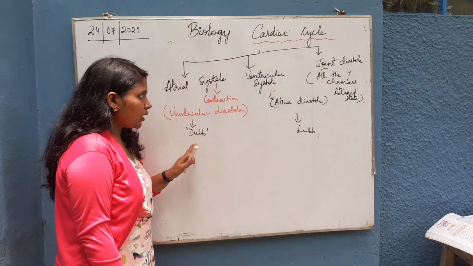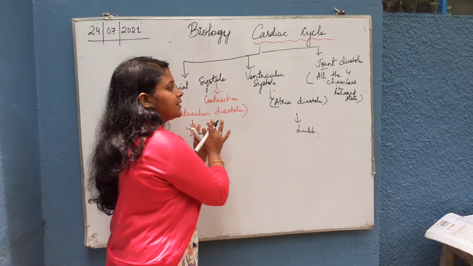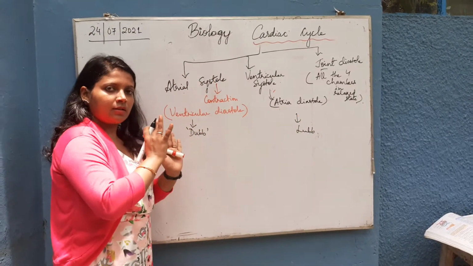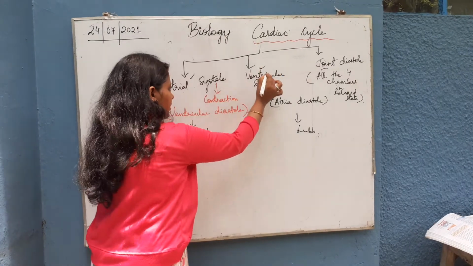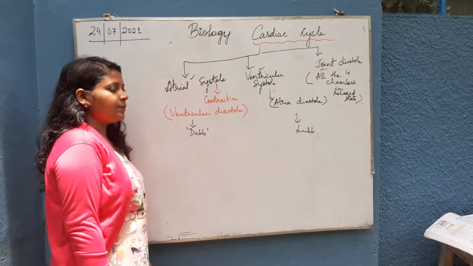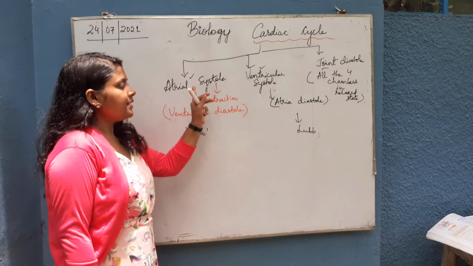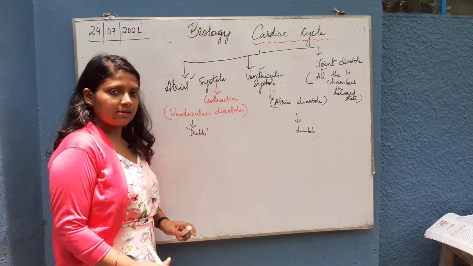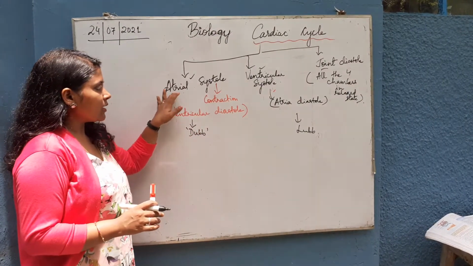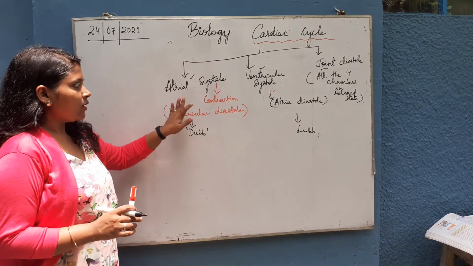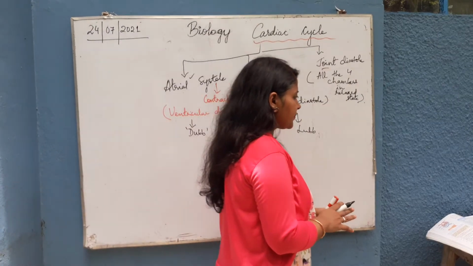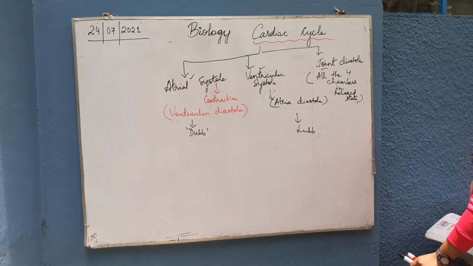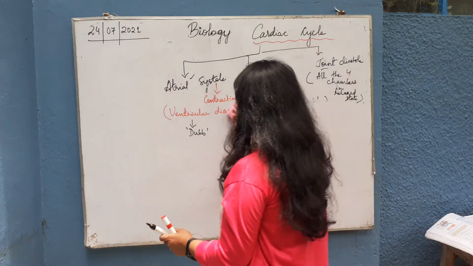So what is the cardiac cycle? All these three stages take place in the cardiac cycle. The main stages are atrial system and ventricular system. So let's study the difference between the atrial system and the ventricular system. Okay. First you have to know what is the atrial system. That is, atria contract; in the ventricular system, ventricles contract. Okay. Now let's see with the help of the diagram.